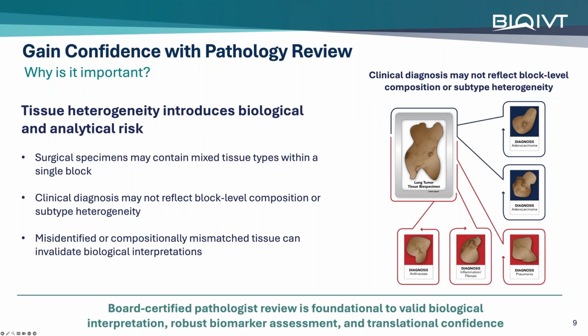If the interpretation depends on tissue composition, pathology review can help confirm that the specimen actually represents the biological context we intend to study. Again, the point is not that every sample needs the same level of pathology characterization. The point is that the quality control should also be fit for purpose. If specimen composition can influence the conclusion, we need enough information to understand the composition. These are simple examples, but together they reinforce the same idea, that the performance of the model can't be separated from the biology entering it.